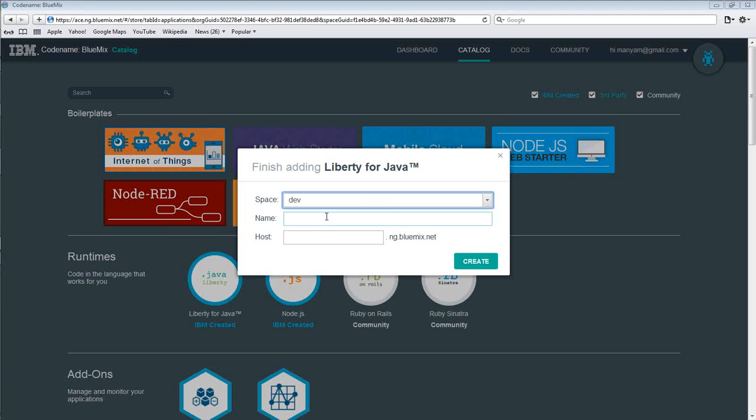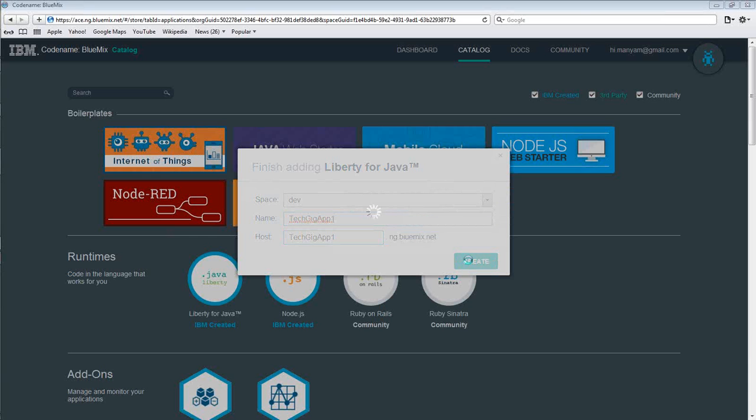So I'll leave the default dev space there, and I'm just giving a name called TechGig app 1. And notice below it automatically creates a host name by creating a subdomain for this under ng.bluemix.net. And I'm creating this app.